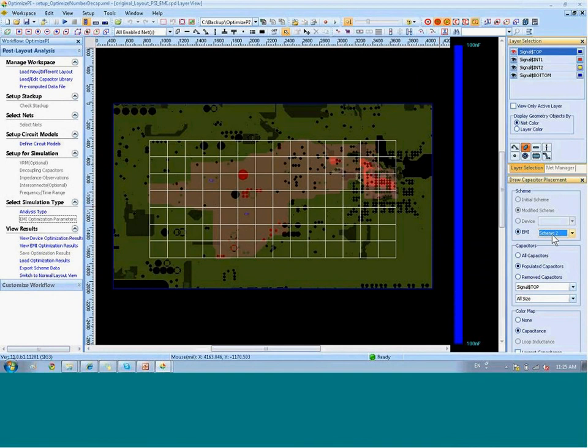This is scheme 2, which is adding two EMI capacitors. It adds two EMI capacitors at these locations, using 100 nanofarad capacitors on both. So the tool will tell exactly where to place the EMI capacitor and what value to be used on those locations, which usually